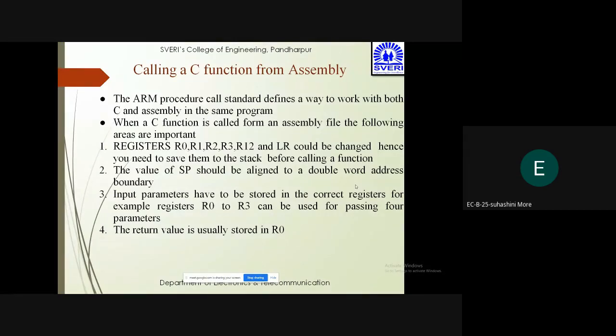Therefore, you need to save them in the stack before calling a function. Then the value of the stack pointer should have a data type of double word, and the input parameters should be stored in the correct registers. An example, R0 to R3 can be used for passing four values. There is R0, R1, R2 and R3, and the return value is normally stored in R0.